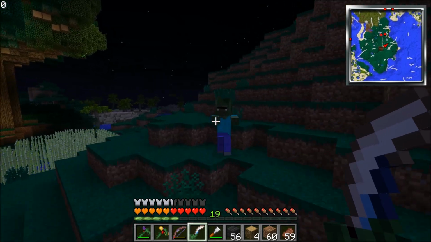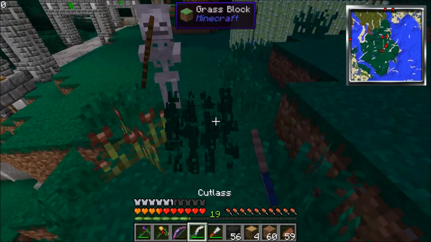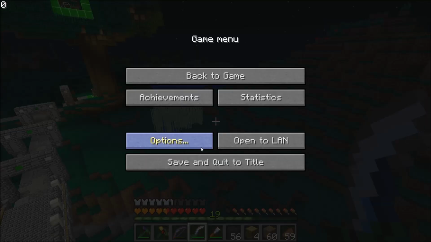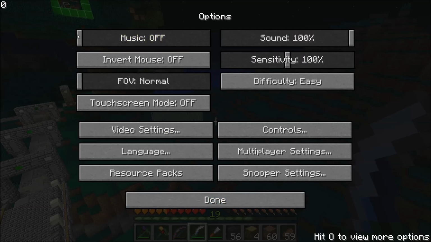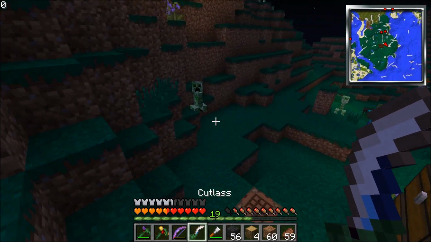Instantly. 19 attack damage. You're going to have to 2-hit them no matter what, because any mob without armor has 10 hearts. Sorry, that's so loud. Any mob except for spiders and endermen have,